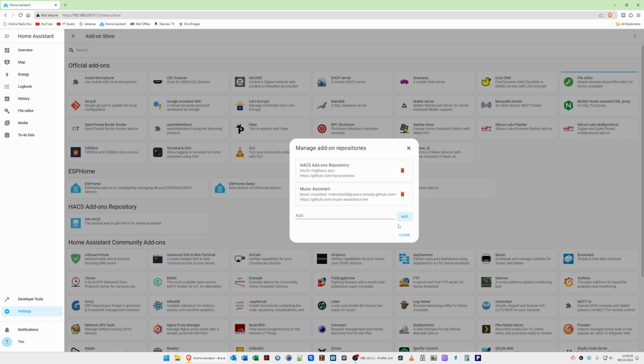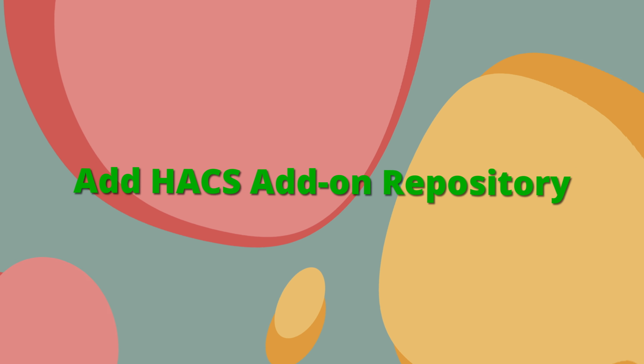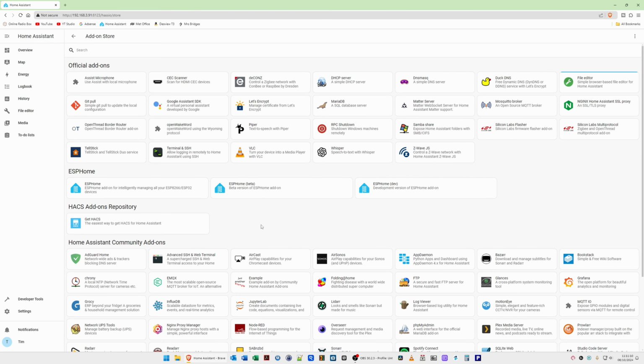So once you've done that, you can click close. Now that we've done that, we'll move on to the next step. Add HACS add-on repository. To install the HACS add-on repository, what we'll need to do is go to settings,